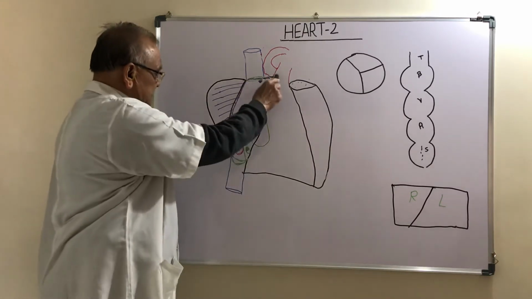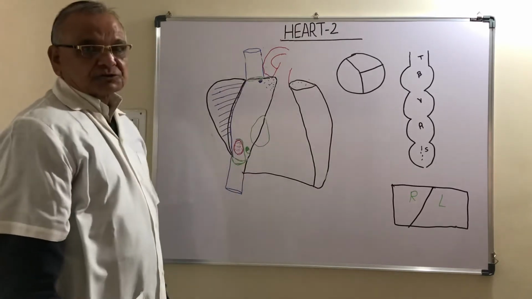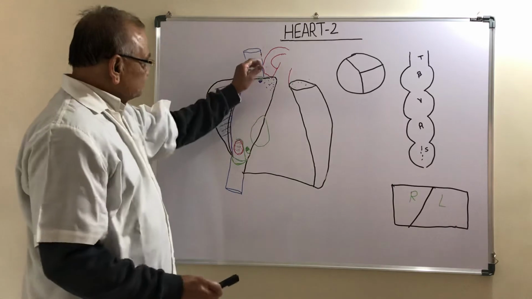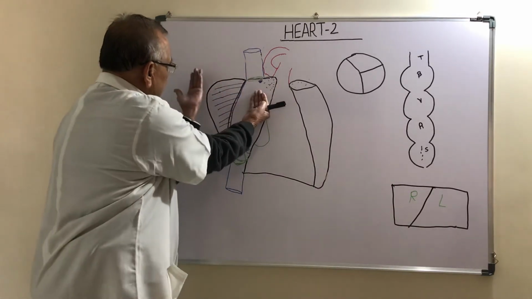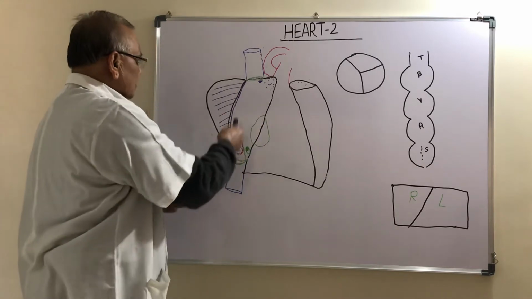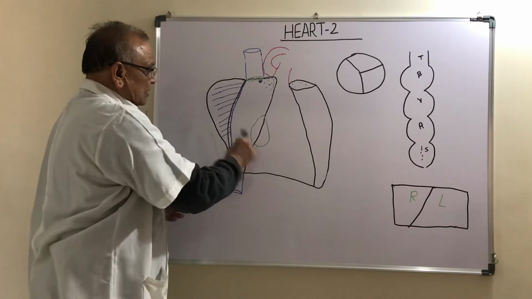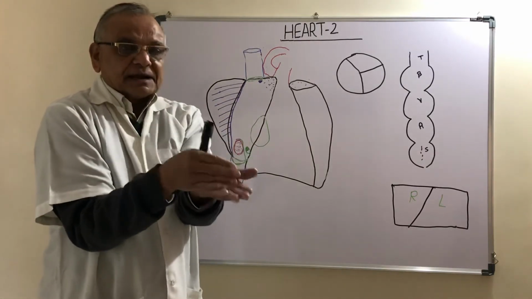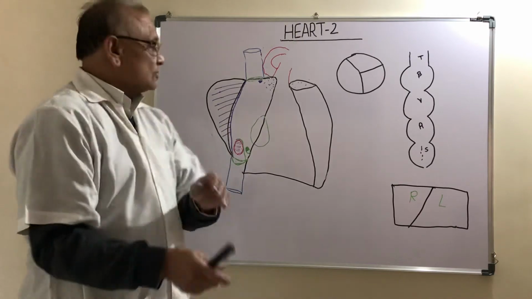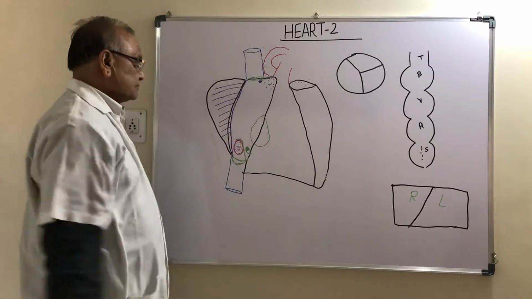So due to this incision, a triangular portion of the right atrium is mapped out, and you remove this triangular portion of the right atrium like this. So the right atrium is open, and this is the anterior part of the right atrium, this is the posterior part. It is opened like this by incision.